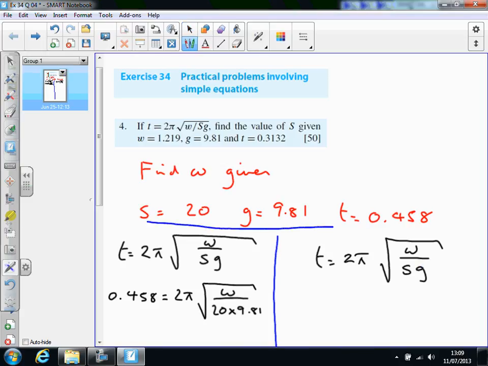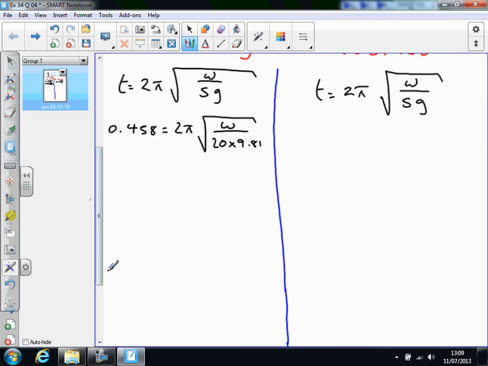Again, I'm going to have a go at it two ways. On the left hand side by solving the equation, putting the values in, which I've started, and then we're going to have a go at rearranging the formula for W on the right hand side, and then you can have a go at rearranging the formula for S, which I think you're asked to find in the original question. So going ahead with the left hand side, solving the equation,